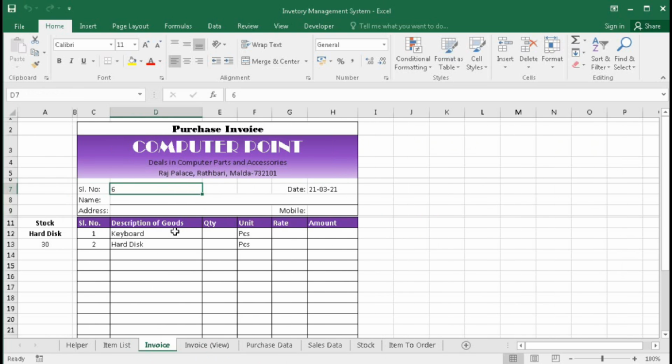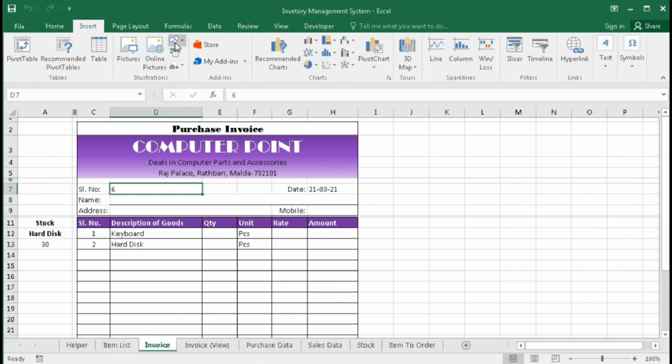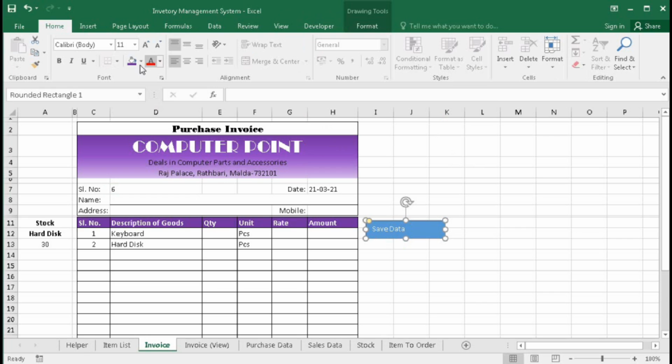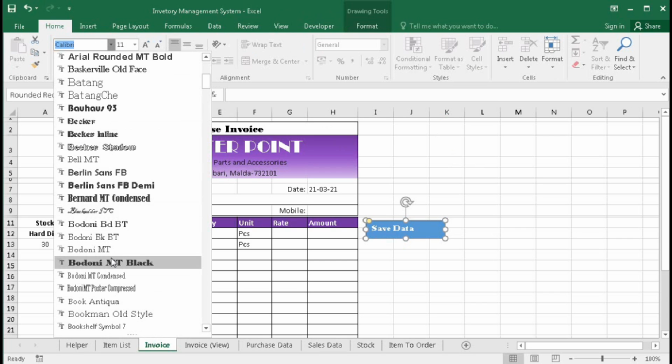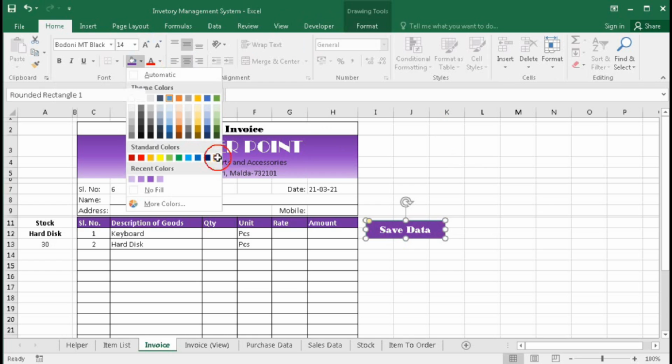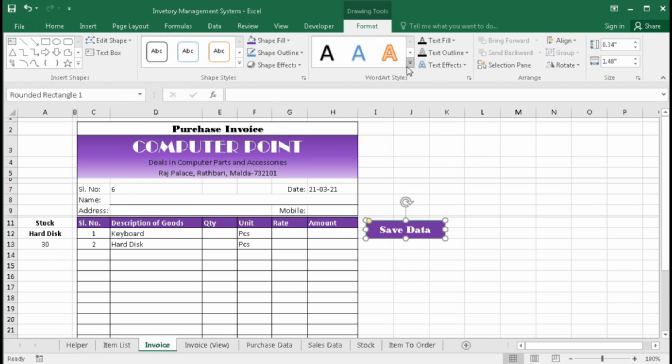So now go to invoice. Here also we will create a button. So insert, select a shape, draw the shape and type here save data. Now select the font you like. Now make it center and middle, change the color and make it 3D.